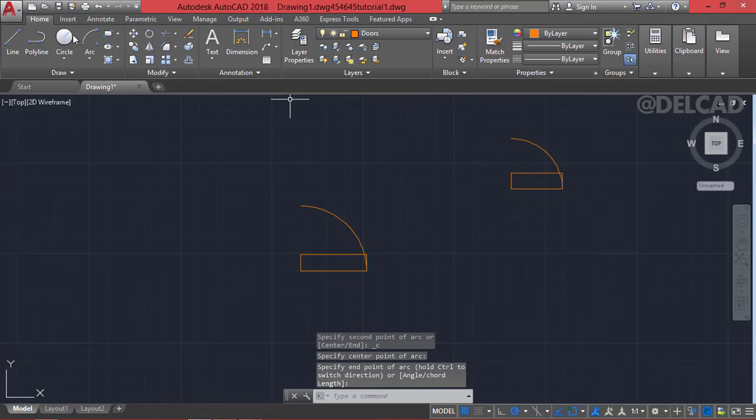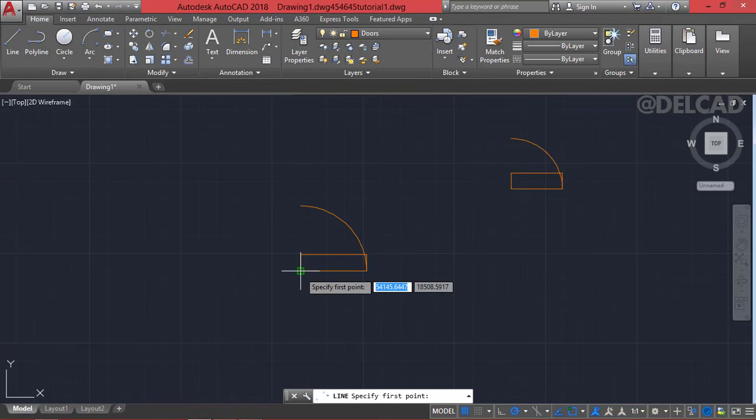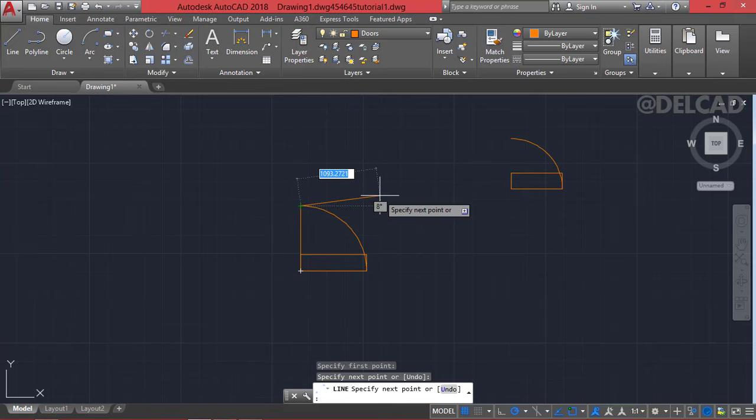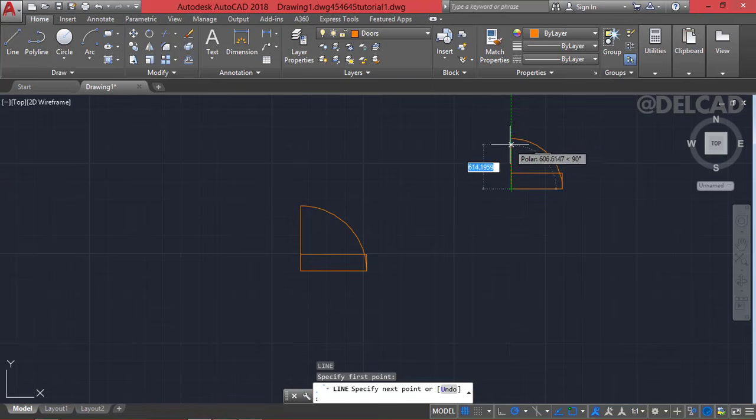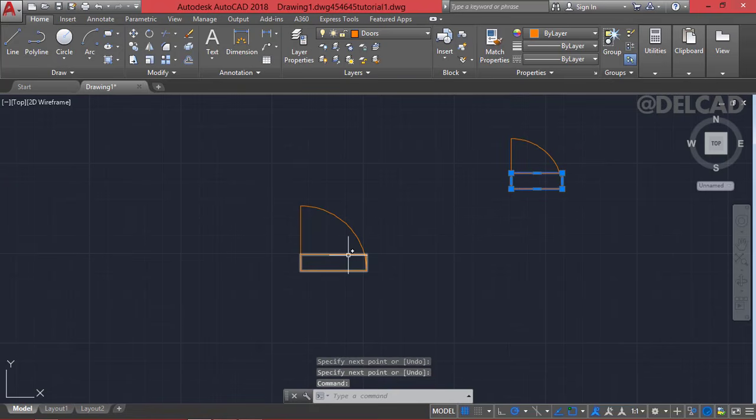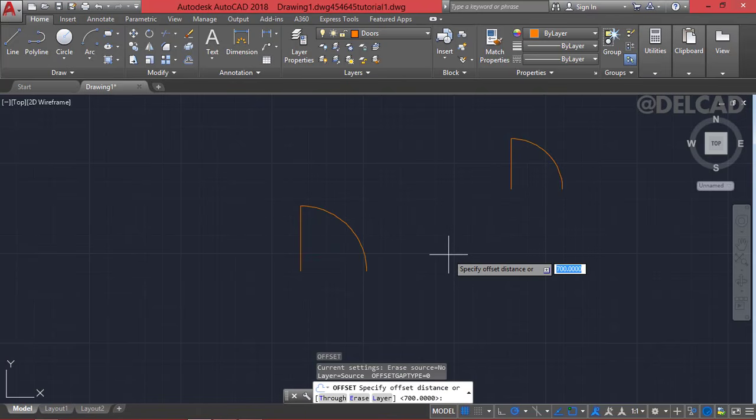Then we can select the line tool. From this point we click and we drag. Again, repeat the line tool. From this point we click and we drag. Then we can delete these rectangles which we created, and then we use offset to offset for the door